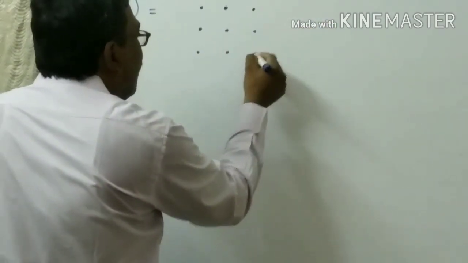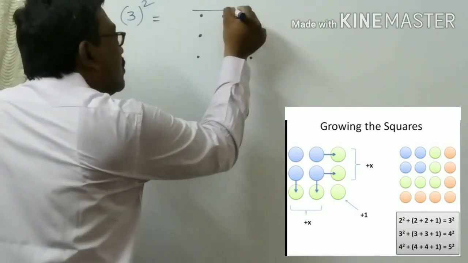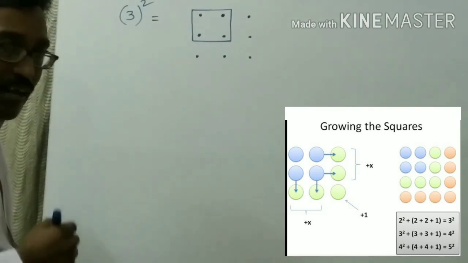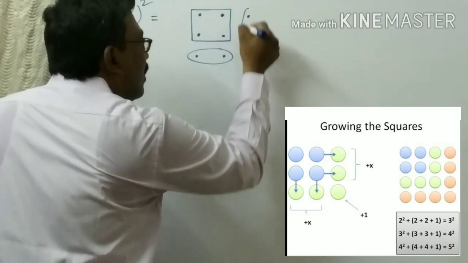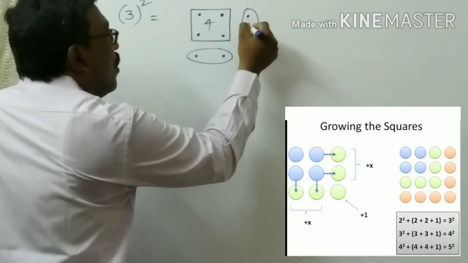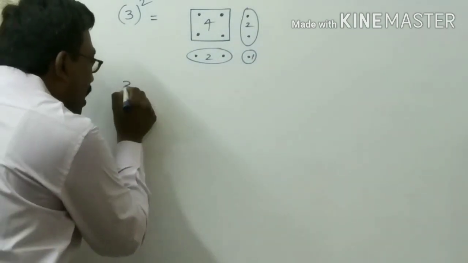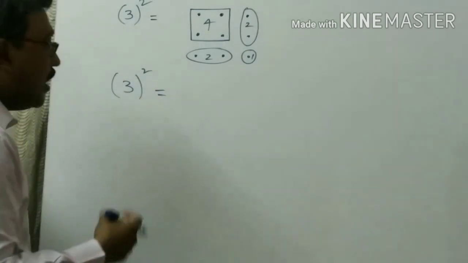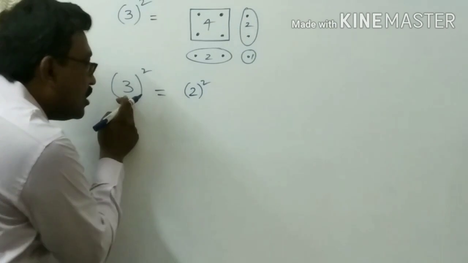Okay, 9 dots. See, now the 3 square I am writing as... How many are there? 4. How many are there here? 2. 2, 1. What is this? 4, 2, 2, 1. So, I am seeing the 3 square, a perfect square, as 2 square just below one